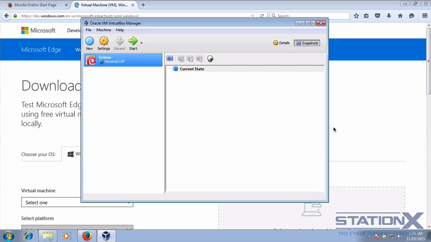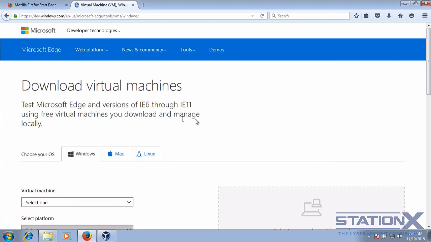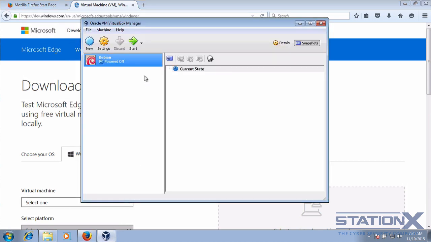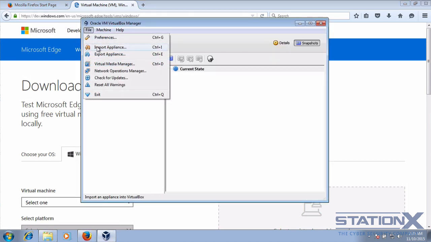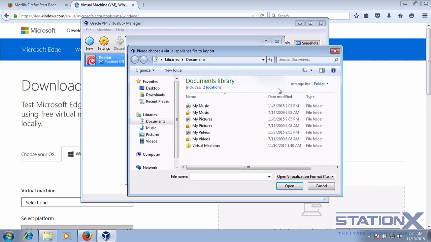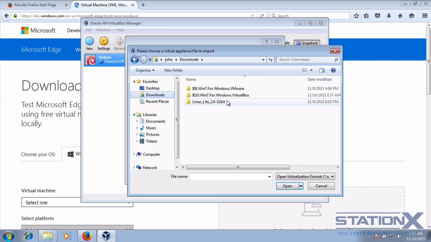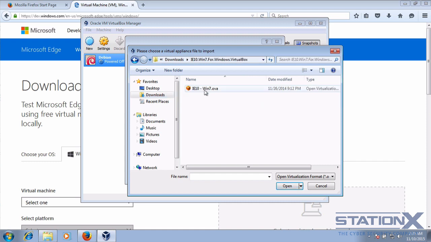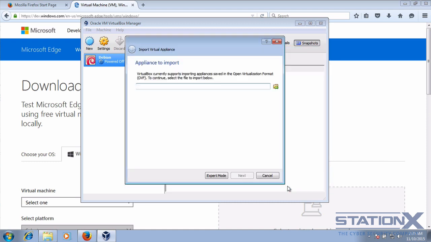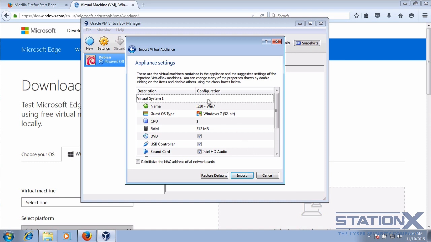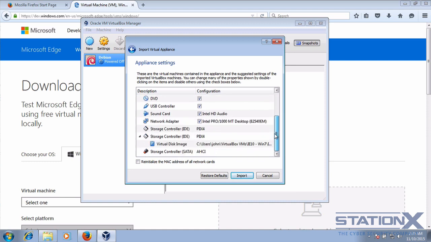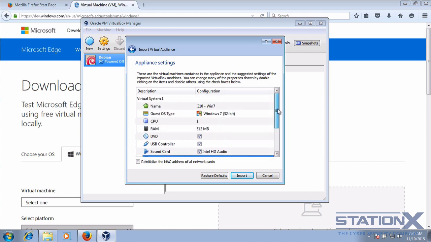If you download an OVA or OVF file, and you can find those sorts of files here on this link, which I've downloaded, then you can go to File and Import Application. Look for the application that you've downloaded, and that's this one. You can see there it's an OVA file. Next, and it gives you the opportunity here to change your network settings and various other settings. So if we click Import,